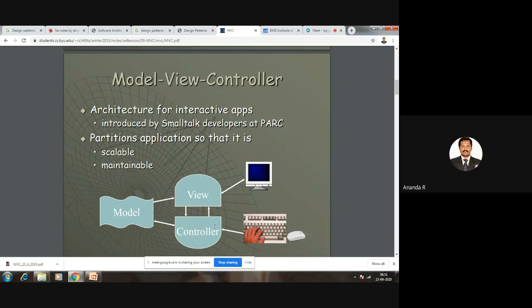Whenever we scale this, we can reduce and we can increase the size also. So if I want to include more modules, we can include them. If I want to include some more components of the controller part, we can include them. I can reduce some components of the viewing. So that also we can do. It means the increasing and decreasing of the working components inside the model, inside the viewing and inside the controller. That is called scalability and maintainability.